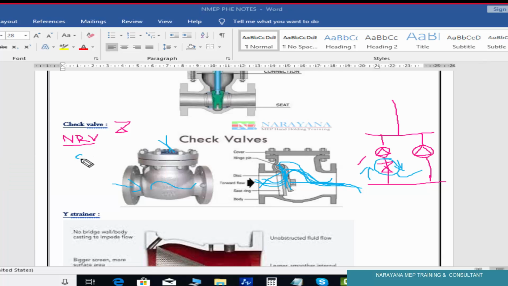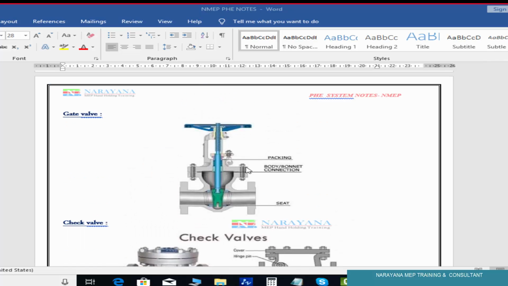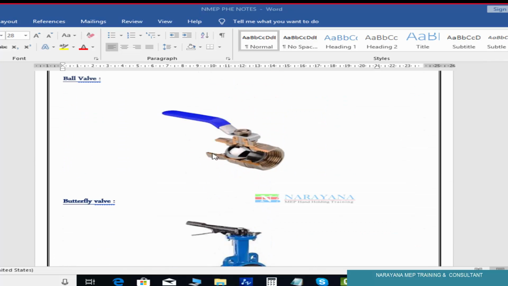Some material: cast iron. Basically, we will use cast iron, CI. This is all cast iron. All will use cast iron, but only this one we will use brass or gunmetal.